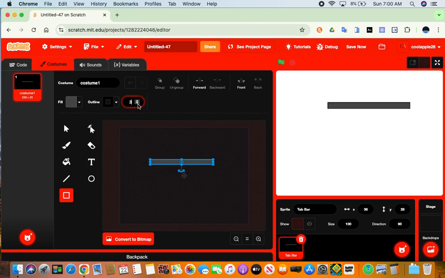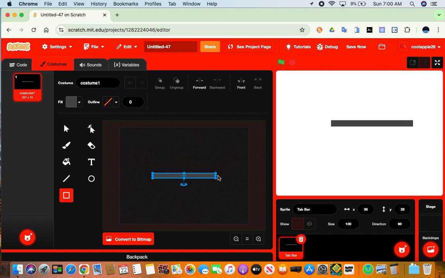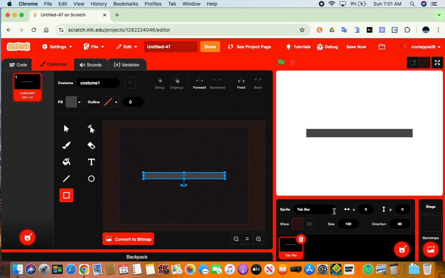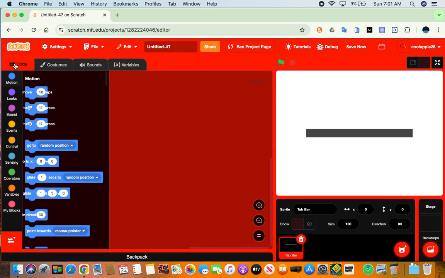We're going to change that to 0. Let's have it snap. Let's make it a tiny bit wider. And we're going to change these coordinates to 0, 0. Alright, and to start it off